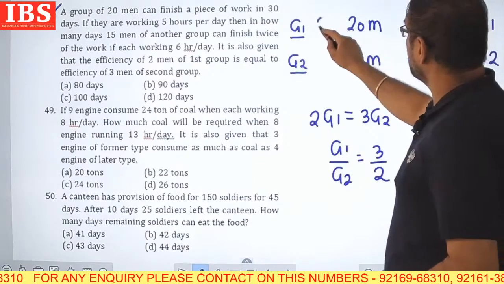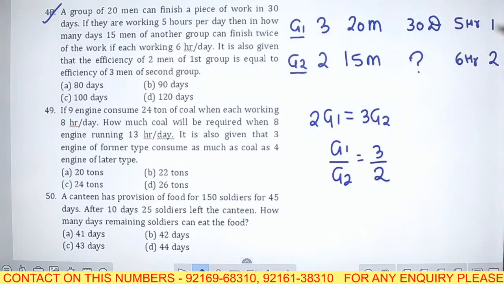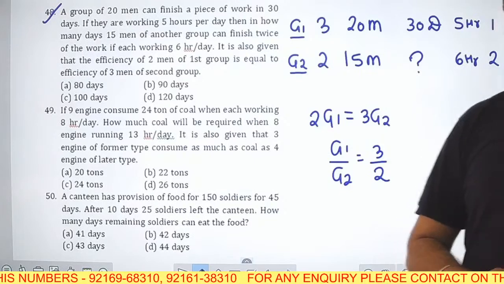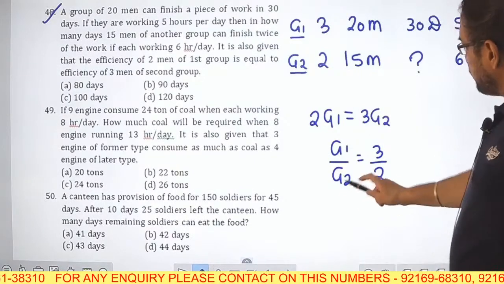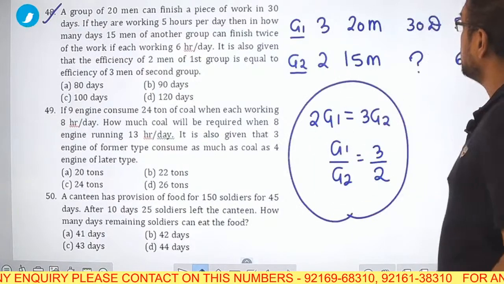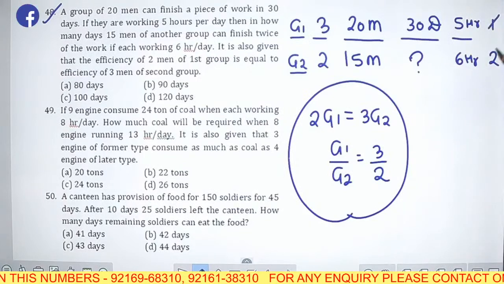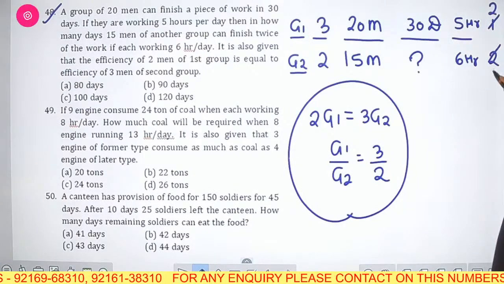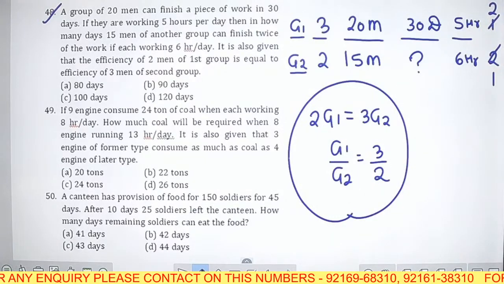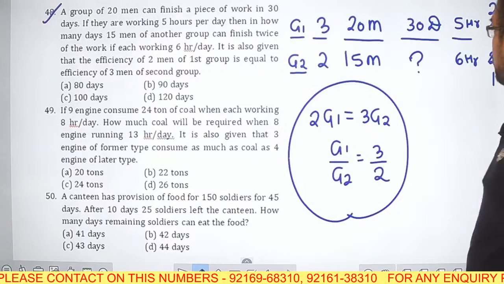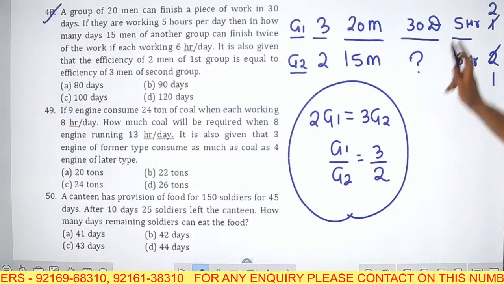So this is 3 and this is 2. Efficiency is given, men are given, days are given, hours are given, and work is given. So you can directly calculate the values. If this is clear to you all, you can directly calculate the ratios, but we need to invert this ratio as 2/1 because the work has to be inverted. So this is twice the work, that means 2 goes on the top and 1 comes below. We need to invert the ratio of only work, the rest remains the same.